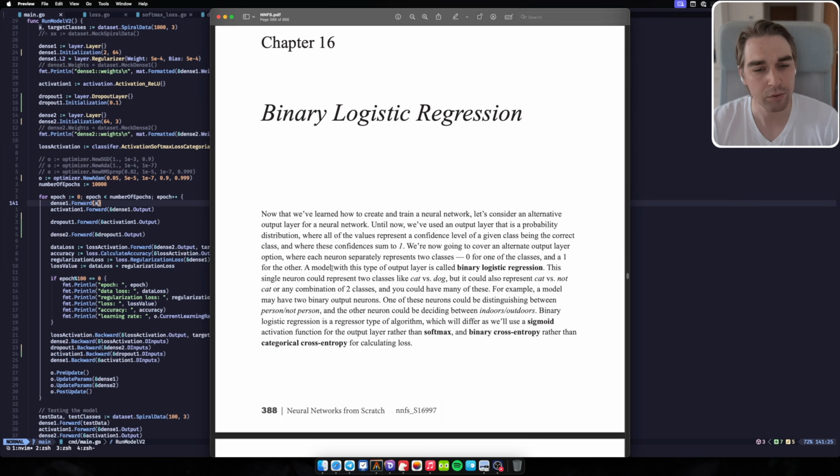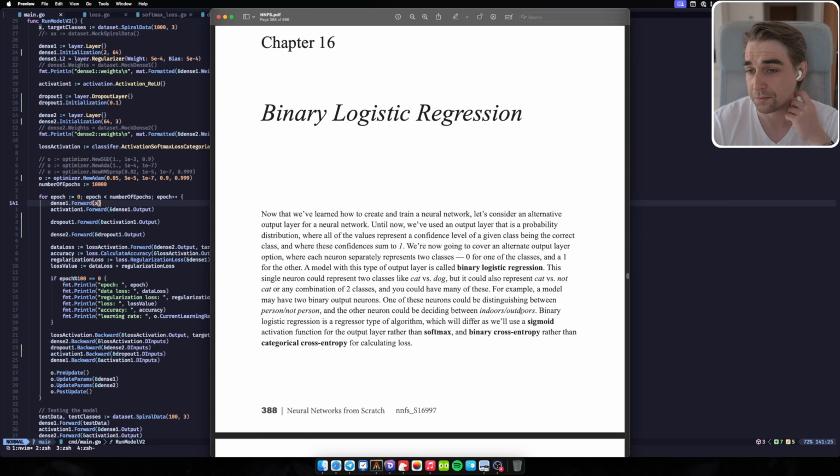This single neuron could represent 2 classes like cat versus dog, but it could also represent cat versus non-cat or any combination of the 2 classes. And you could have many of these. For example, a model may have 2 binary output neurons. One of these neurons could be distinguishing between person, not person, and the other neuron could be deciding between